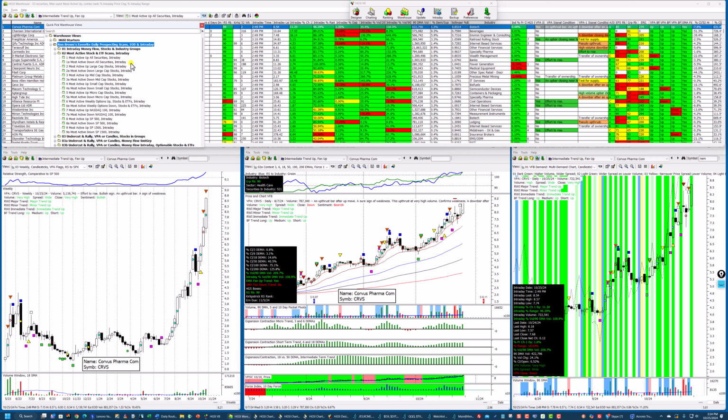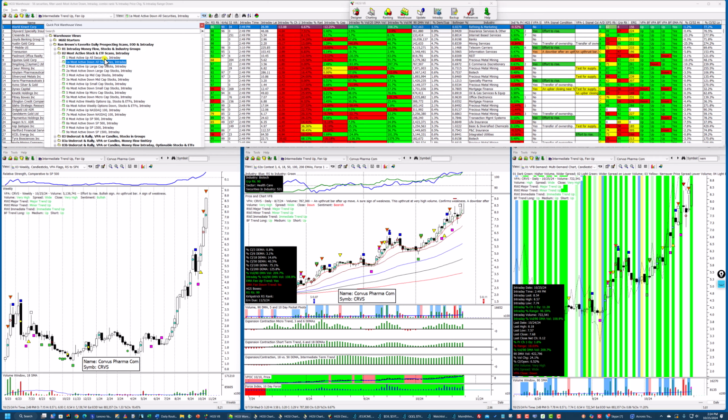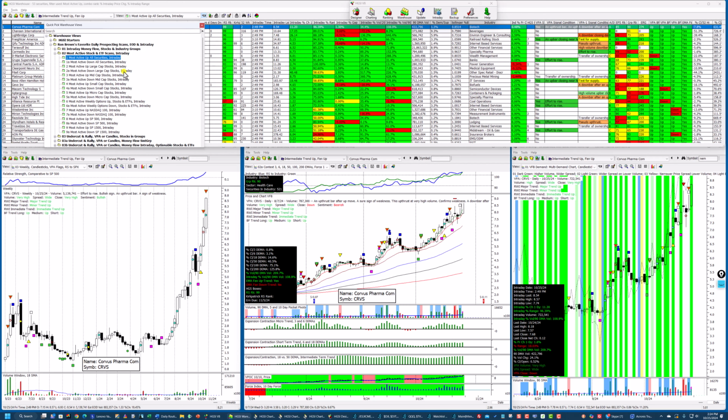Now the market was a lot stronger. The composite is still holding up really well, and I think a lot of that is Tesla. But the other indexes have given back a lot of what they had today. So what I'm going to do is click on the most active up,